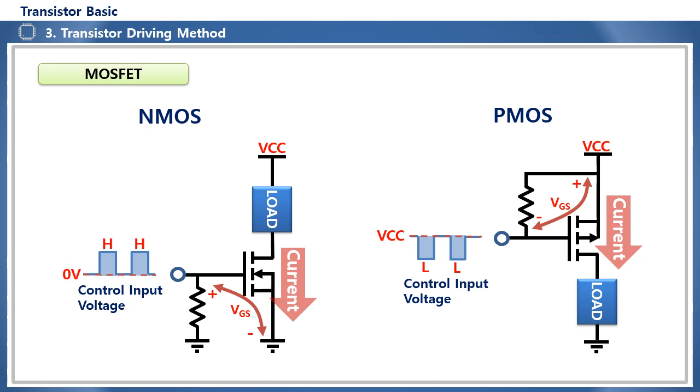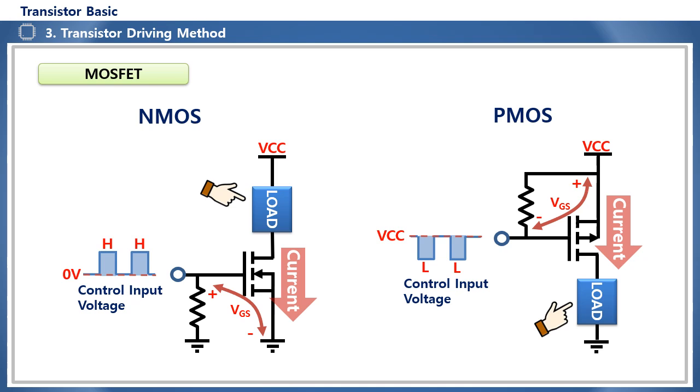Like bipolar, P-type MOSFETs require that the control voltage level and the VCC power supply voltage be the same. For example, if VCC is 5 volts, the control voltage must also be 5 volts logic. If VCC is 12 volts and the control voltage is 5 volts, the MOSFET will always be on whether the control voltage is low or high, which makes it impossible to control, and in this case, additional circuitry is required. NMOS does not have such special restrictions, but the control voltage must be applied higher than the threshold voltage, VTH, according to the specifications.